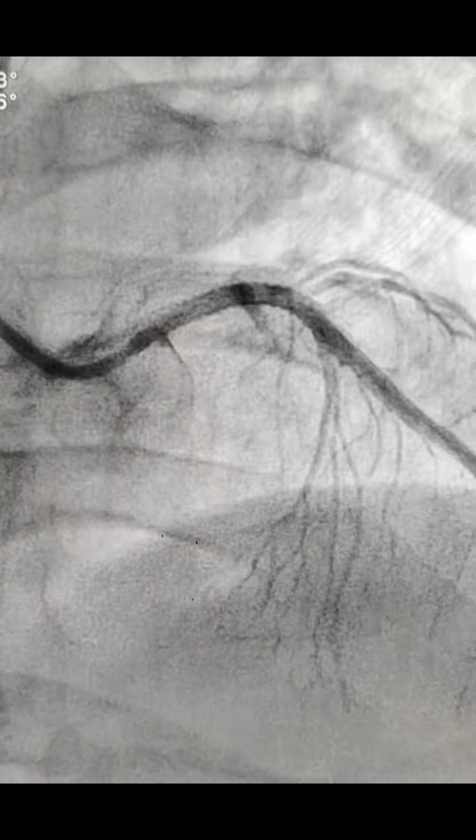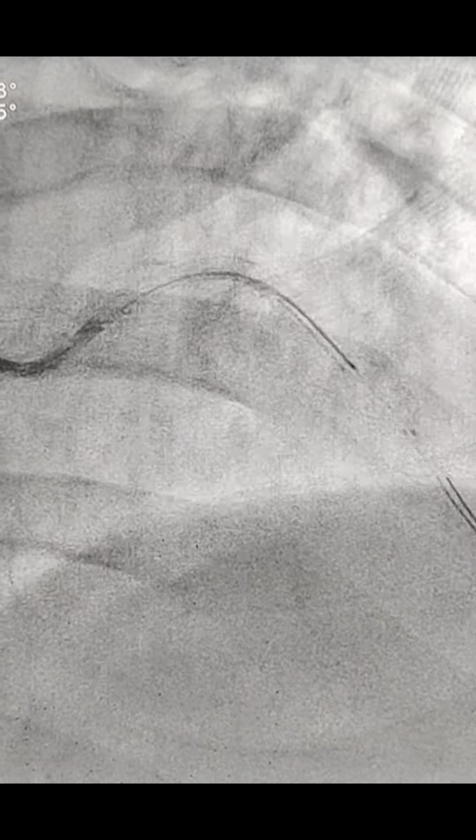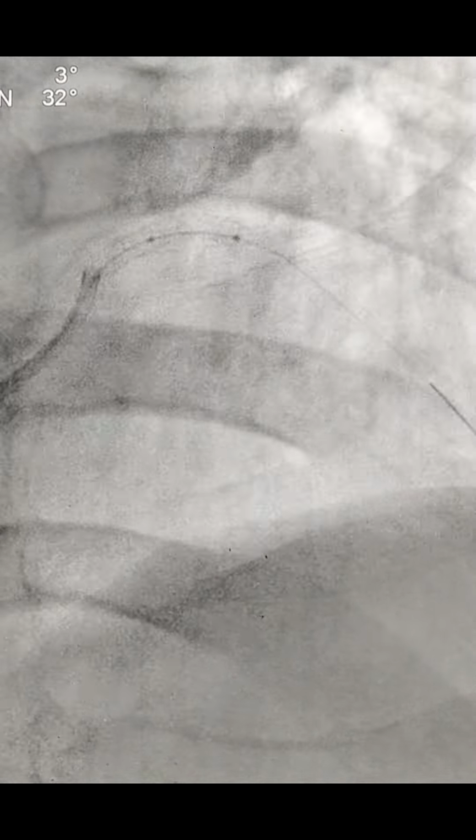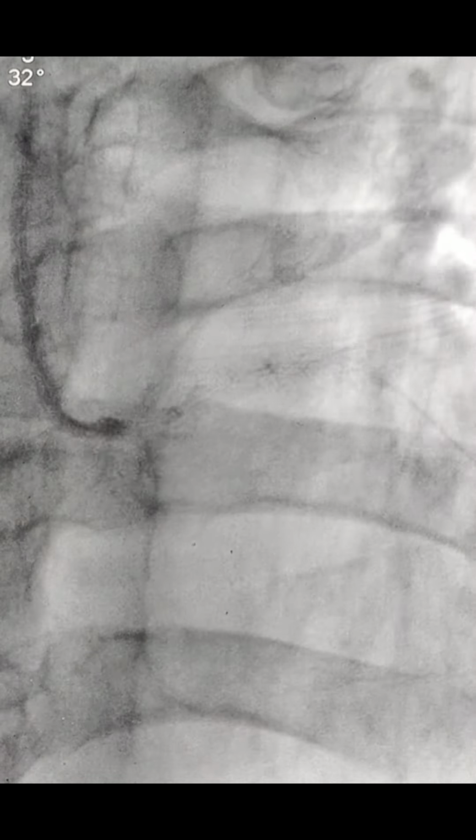And then again we took a shot of IVUS. This is the IVUS pullback after the stent. So there was some sort of under deployment, so we took an NC balloon of 4 and we did the NC right from distal to proximal. So this was NC with a 4 balloon with stent boost guidance. We did this NC,